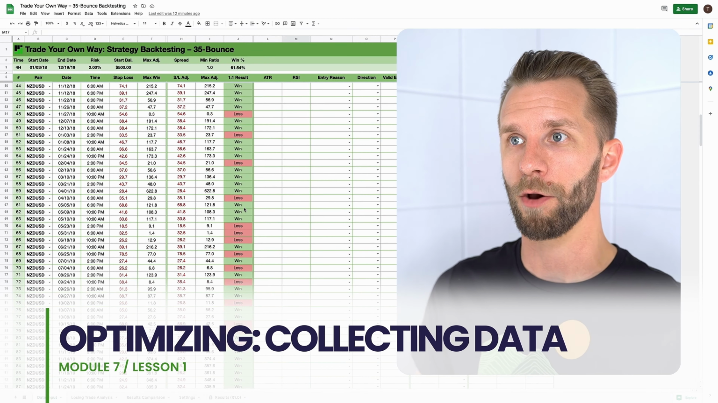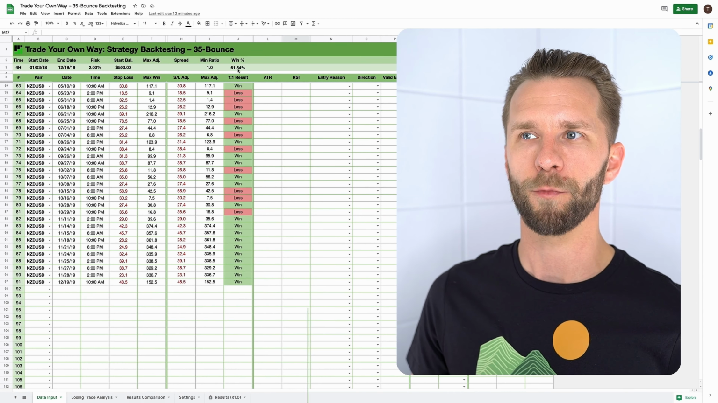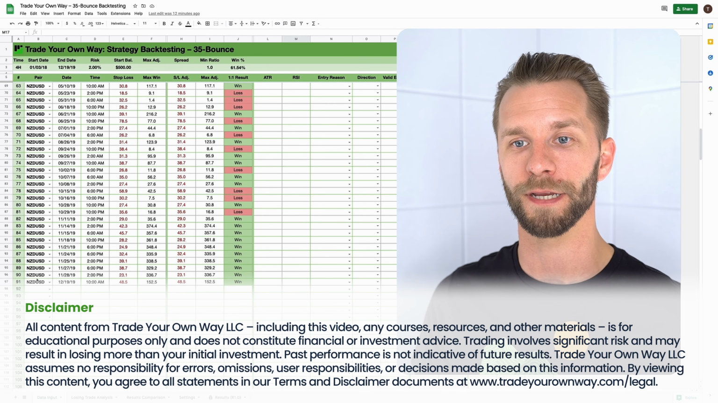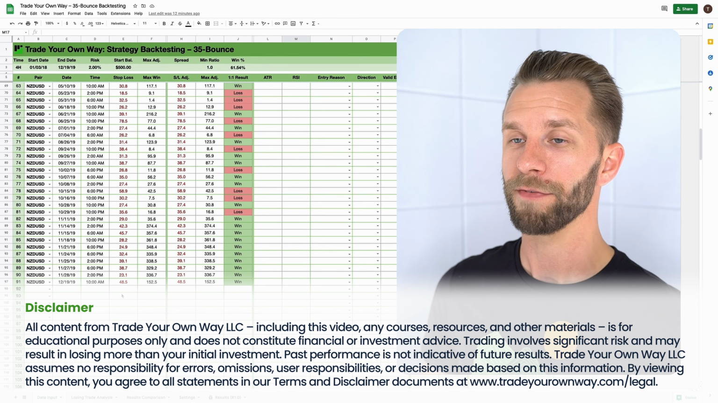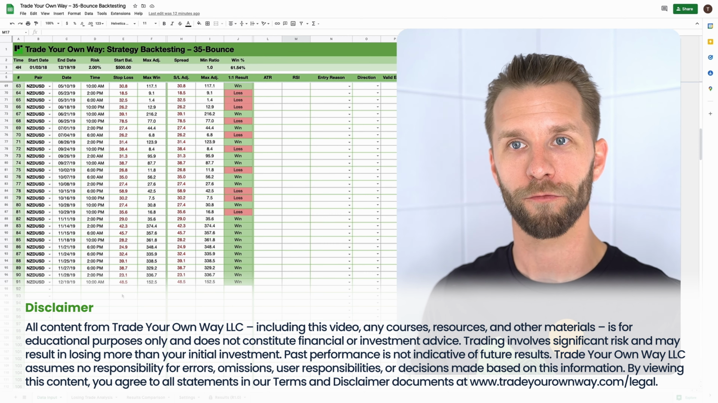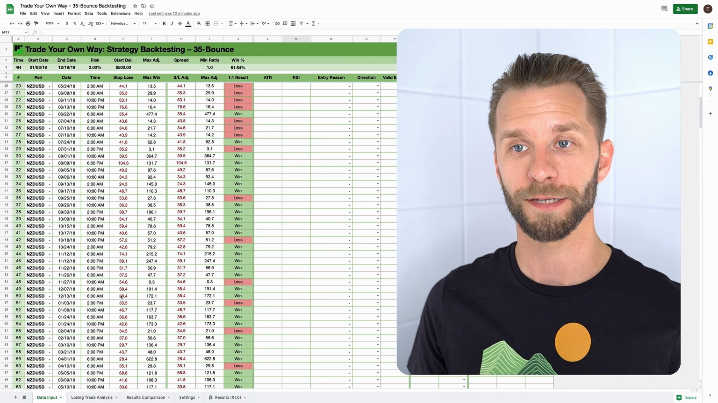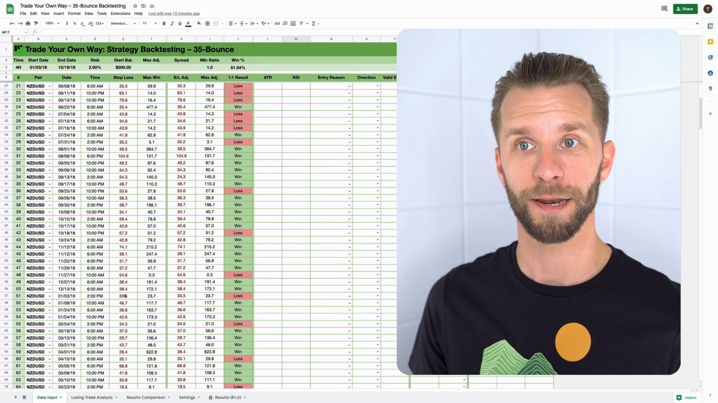Back to our 35 bounce strategy, and we are going to start optimizing this now. You can see we have a win rate of 61.54% on 91 trades. I know previously it was 92, but I did find one rogue trade. So it is a good reminder to go back and double check all of your data input at the end